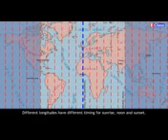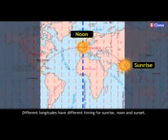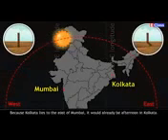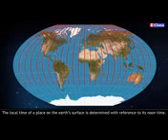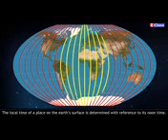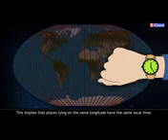Different longitudes have different timing for sunrise, noon and sunset. When it is noon at Mumbai, it wouldn't be the same at Kolkata, because Kolkata lies to the east of Mumbai. It would already be afternoon in Kolkata. The local time of a place on the Earth's surface is determined with reference to its noon time. This implies that places lying on the same longitude have the same local time.